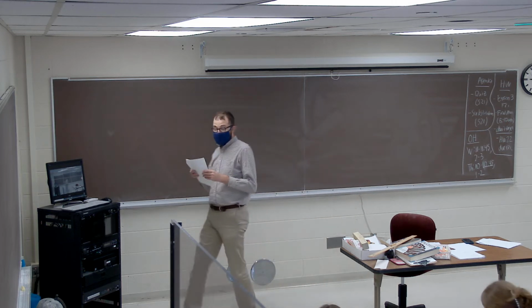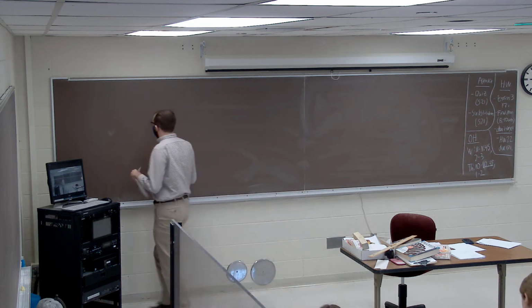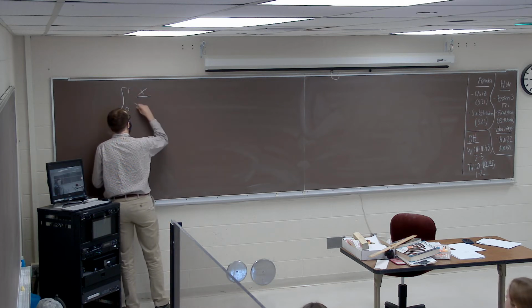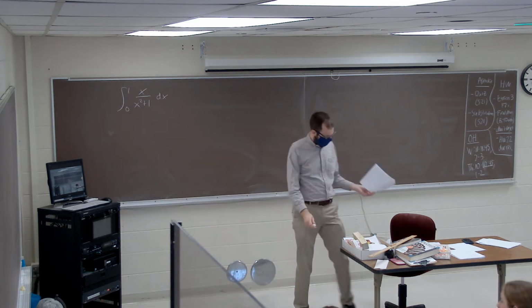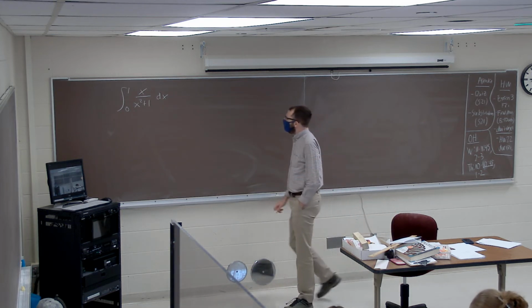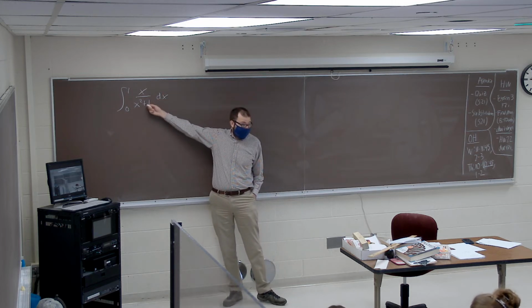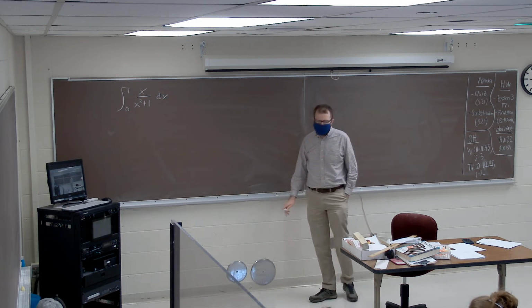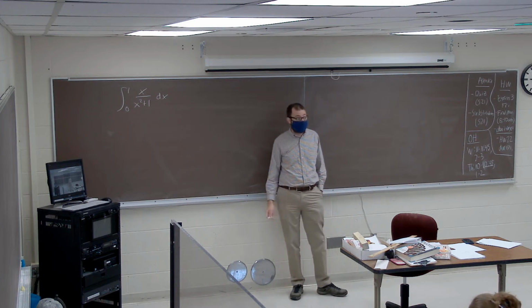So I'm going to be on the page of the packet that at the top starts with evaluate the following definite integrals. And specifically, I'm going to look at the integral from 0 to 1 of x divided by x squared plus 1. So to me, this doesn't look like the integral of any function that's particularly friendly. So I think we're going to have to use the substitution method. And doing substitution with a definite integral ends up being pretty similar to how you would do substitution using an indefinite integral instead.